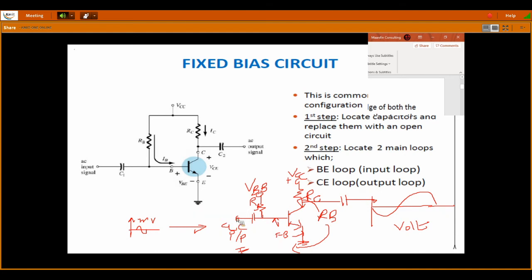In order to do this DC analysis, we have to keep the AC signals open circuited. For a DC analysis, the AC input signal must be kept to 0. For AC analysis, the DC signals must be grounded, so we have to short that. Right, so your AC signals must be disconnected from the input circuit in order to do the DC analysis.